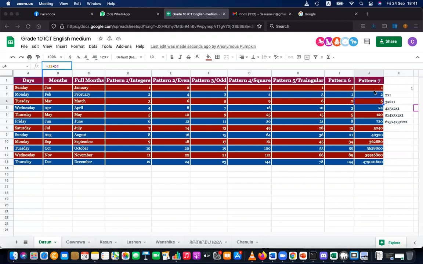You can click on any cell and you can see the related formula in the name box.